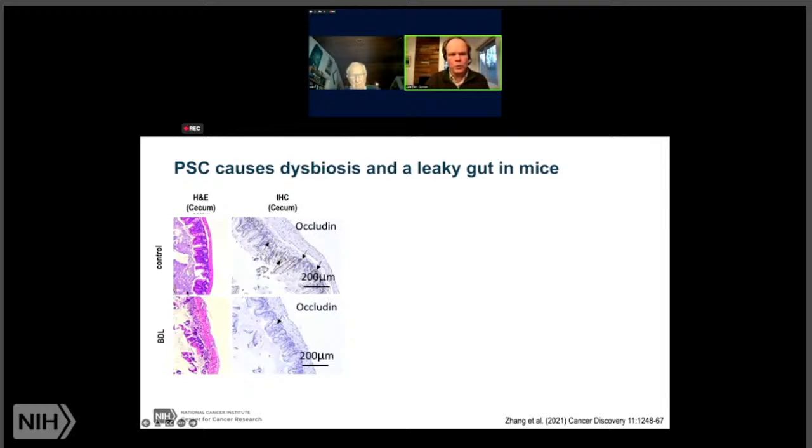It was actually interesting to see, if we look at the cecum of these mice, that there are clear signs of colitis. I think it's very obvious that this picture differs very much. You don't have the nice structure and epithelium anymore in the mice after bile duct ligation. If you look at tight junction proteins, in this case occludin, you can see that they are reduced in mice that have undergone bile duct ligation. We looked at a number of cytokines. Here I'm showing you the data for IL-17, which is increased in the gut of mice.